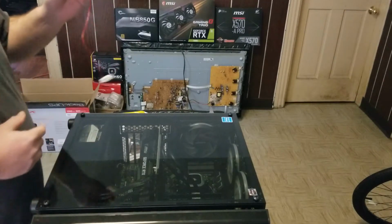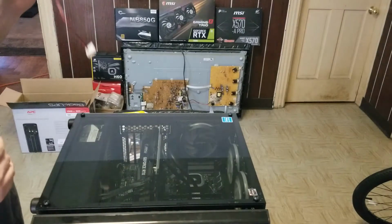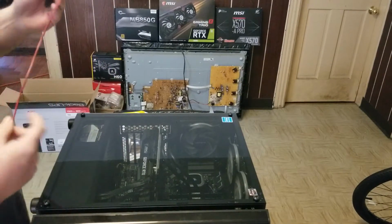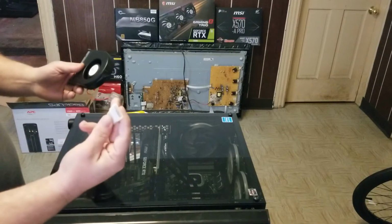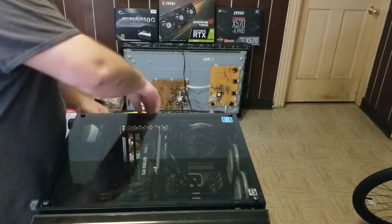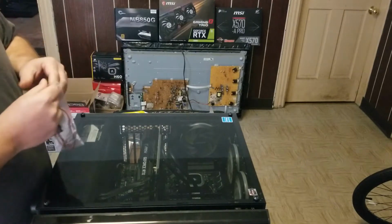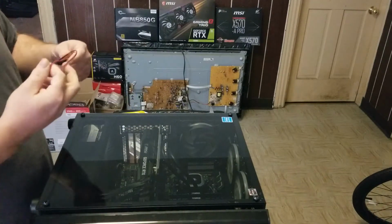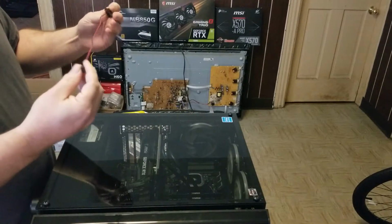First we're going to start off with this. So you're going to take off the panels, throw in all the wires. I may actually have to pull out the power supply in order to get this Molex connector through. I have an adapter that I purchased for that. I was going to cut it, but one of my friends sent me a link for this, so this is